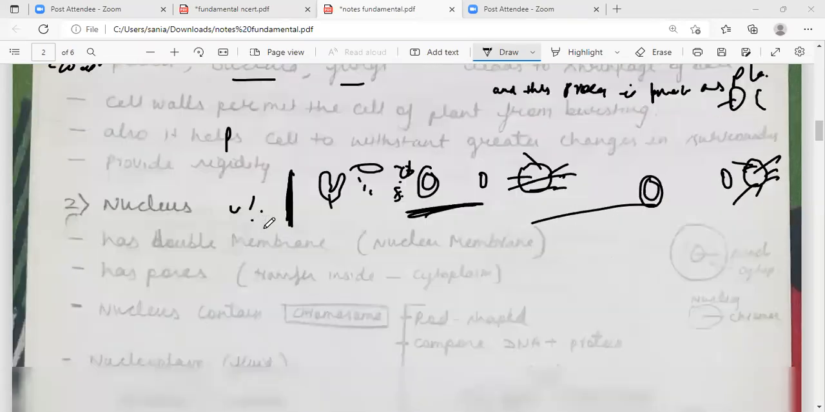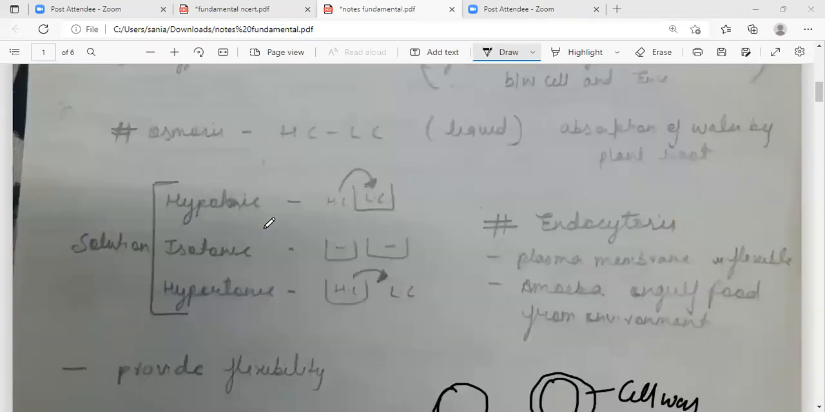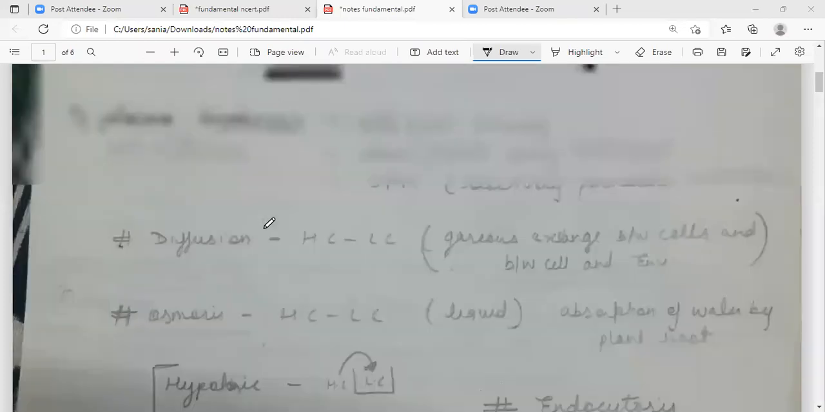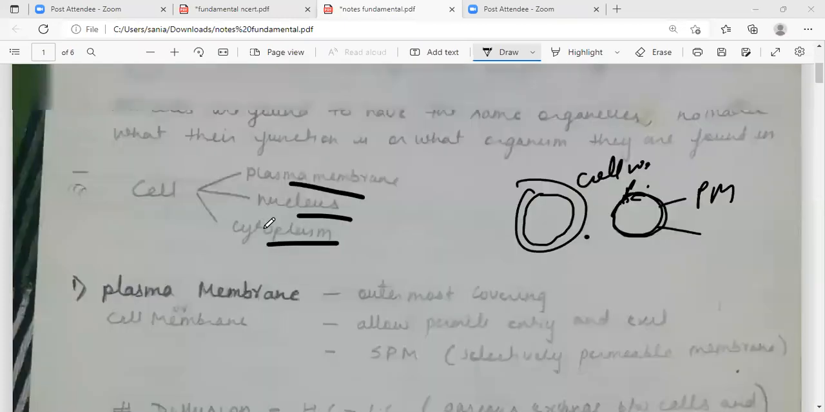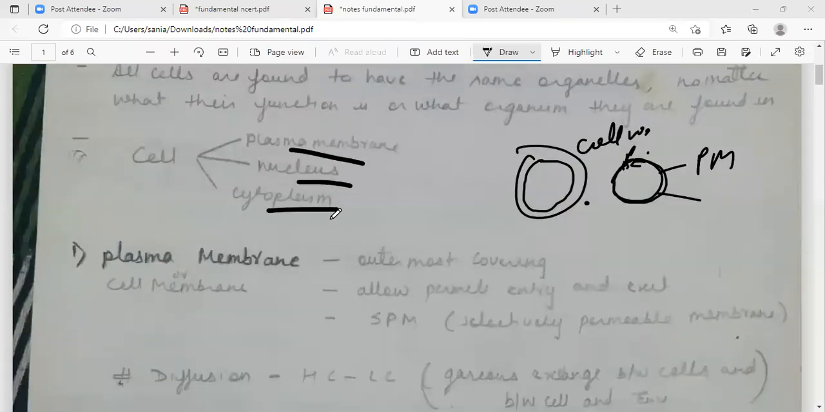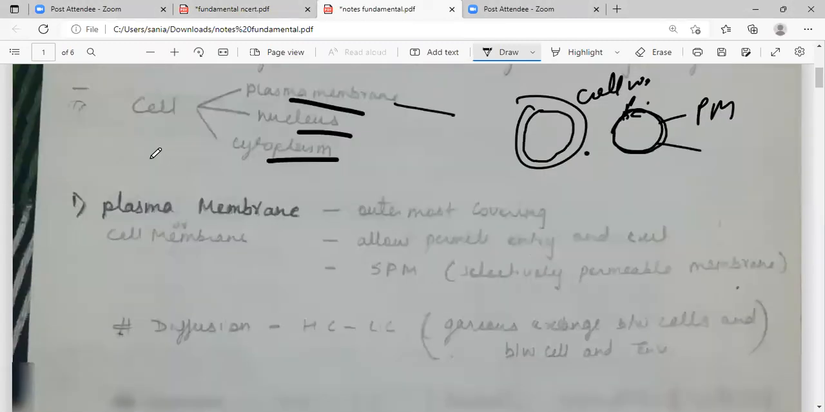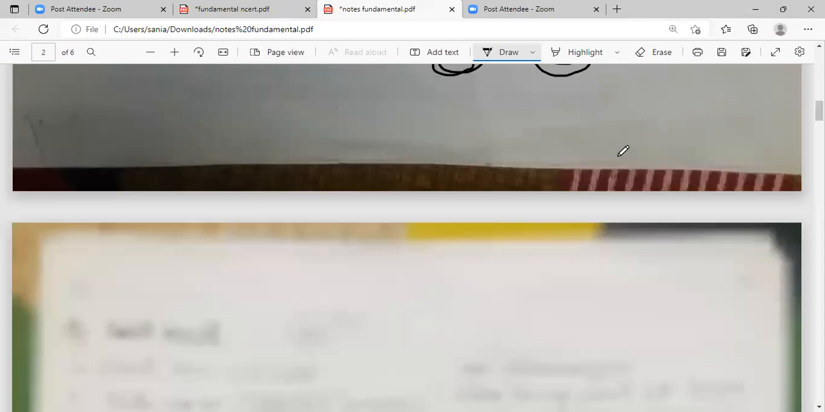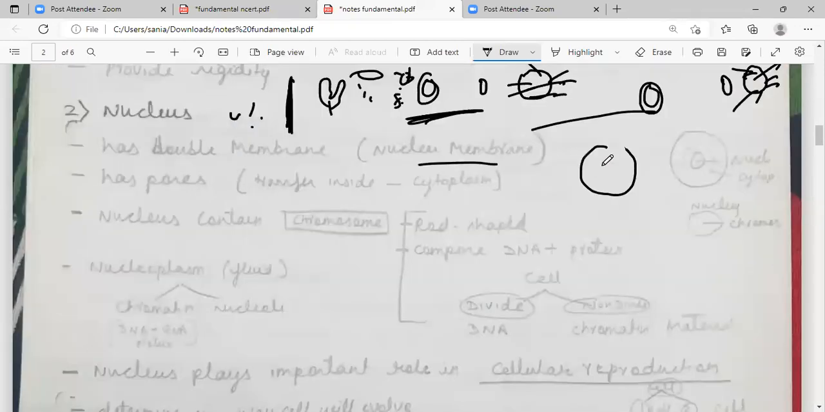Okay. Now we are going to do, over here you have to keep a check for the plasma membrane, right? Now we'll be doing the nucleus, right? So ma'am, what is the nucleus? See, the nucleus has a double membrane, which is known as the nuclear membrane. For example, if this is your cell, this is your plasma membrane, and this is your nucleus. Inside the cell you have the nucleus, and this nucleus itself has a membrane, which is known as